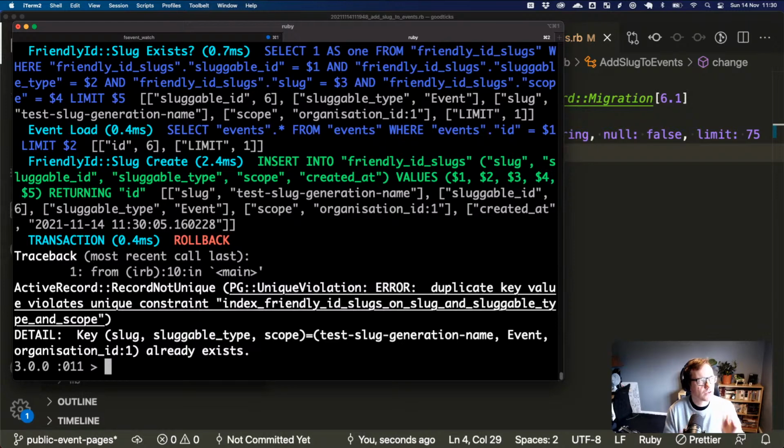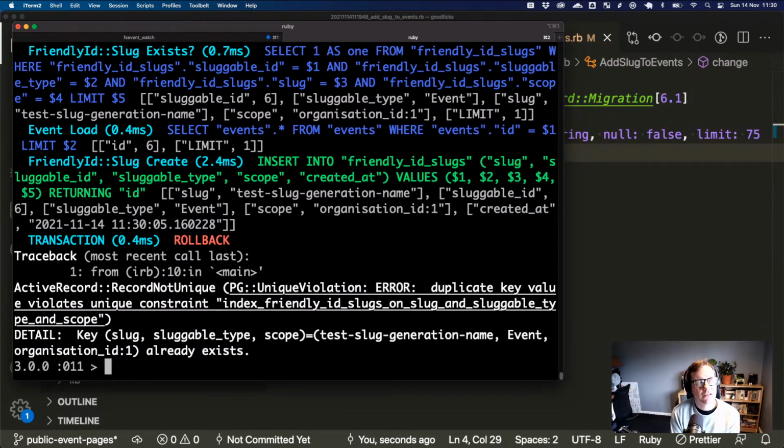When I destroyed the event, the slugs didn't get destroyed as well. We haven't really got onto destroying the events, as to how we would actually want to do that, whether we would like soft delete and how we would then release the slugs and all that stuff. Oh, this is actually quite a lot going on here, and what I thought was going to be fairly straightforward, but these are all good questions.